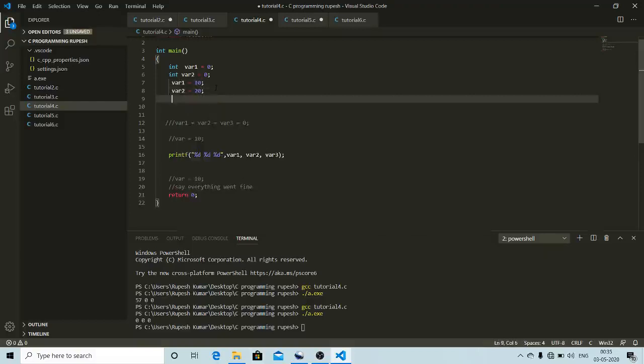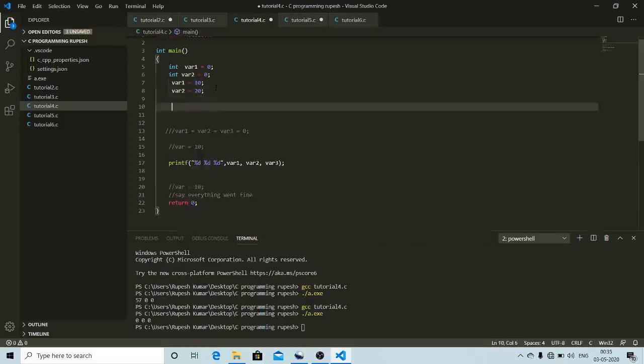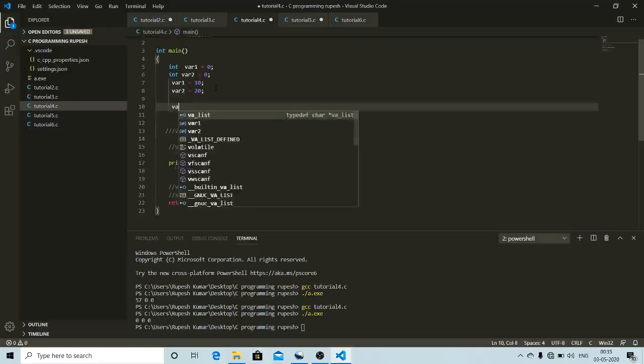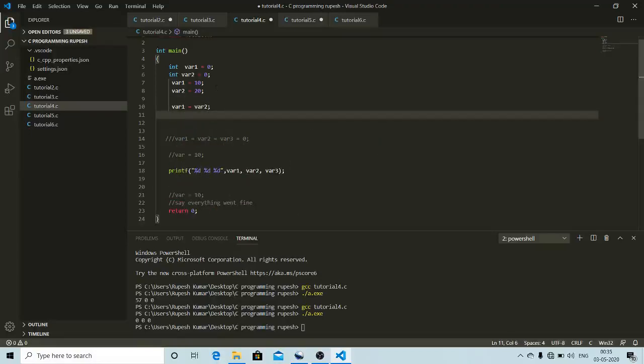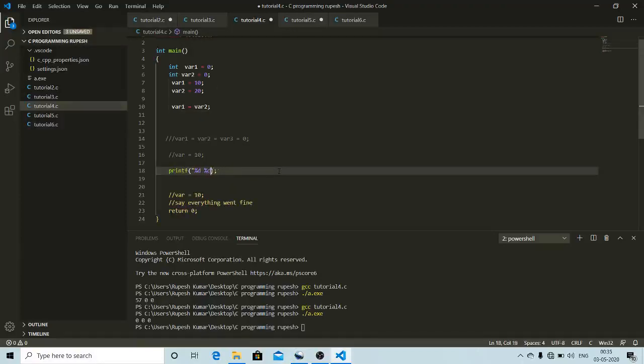Now if you want to store the value of var2 in var1, then we will write var1 equal to var2. That means the value of var2 is assigned to var1. Now if you want to print the value of var1, then you will get it as 20.